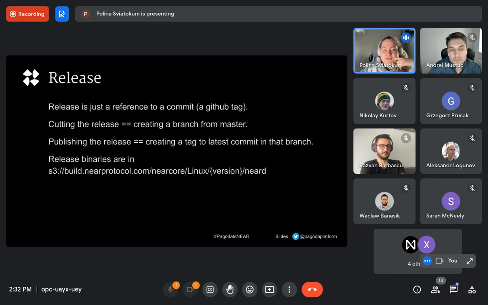Okay, now to touch on the release. As I said, we use 3 different meanings for the word release. Release as an object is just a reference to a commit in GitHub, an act of assigning a specific commit a GitHub tag. That's it. Cutting the release is an act of creating a branch from master. So it's an act of creating a point in time after which we say, okay, we do not automatically accept any new changes. And publishing the release is creating a tag to the latest commit in that selected branch, and also notifying people,